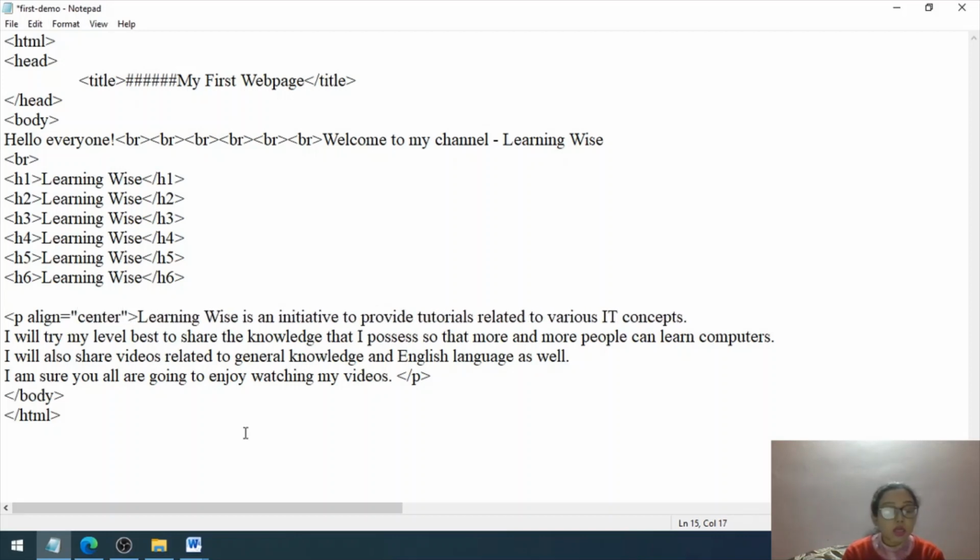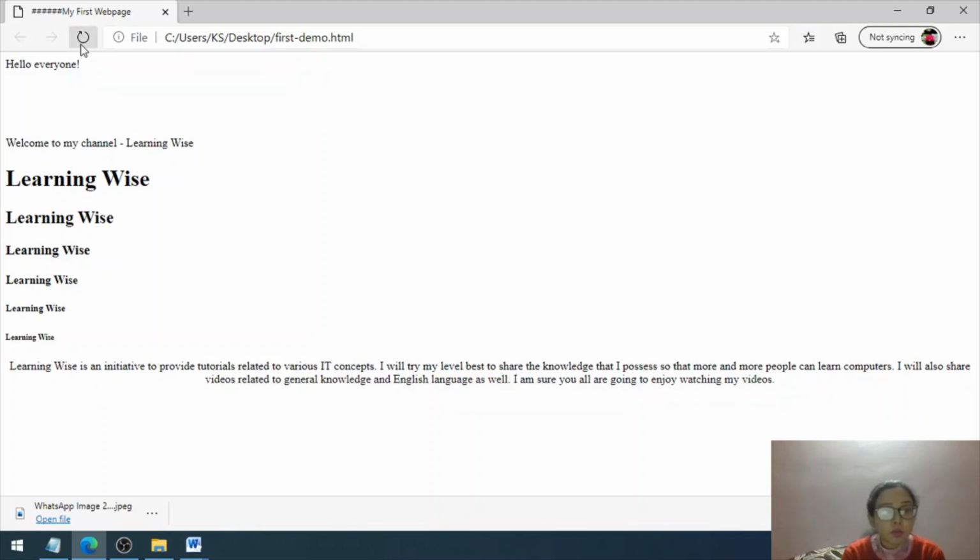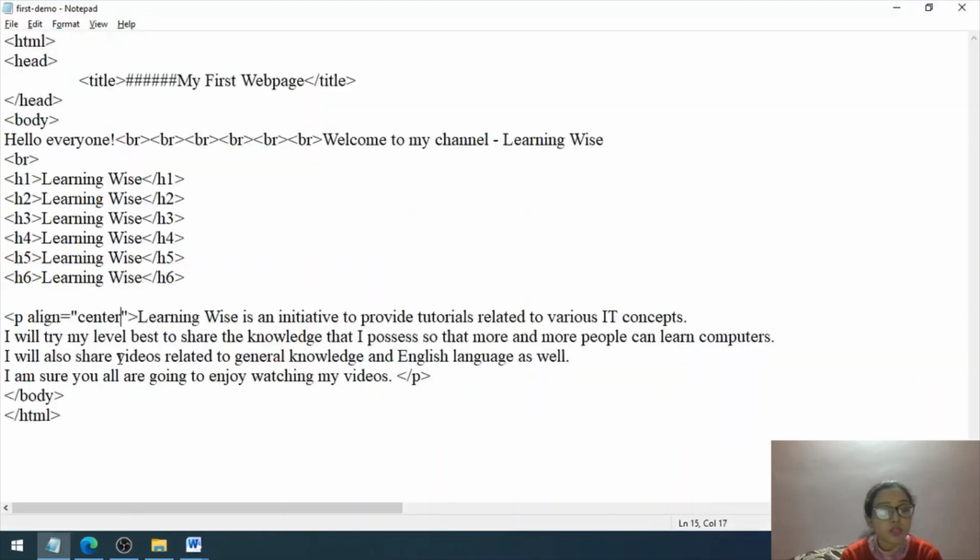Another thing to notice here is HTML follows American English and the spelling of center is CENTER instead of CENTRE. So take care of the spellings. Save your work, go to the web page and refresh. Now notice the change in the alignment after refresh. I hope you have seen how the alignments are changing with respect to the attribute given in this P tag.